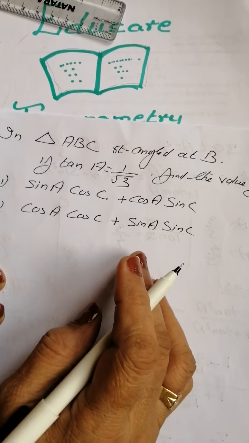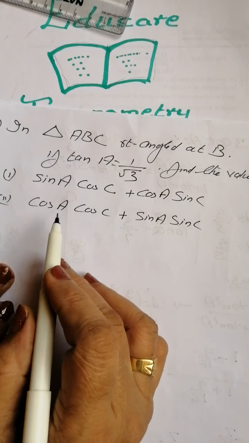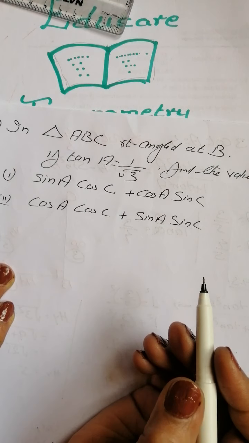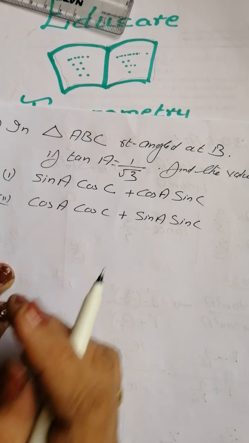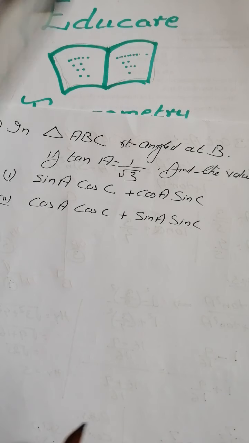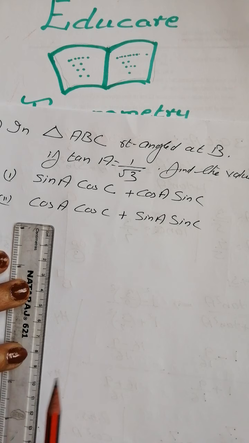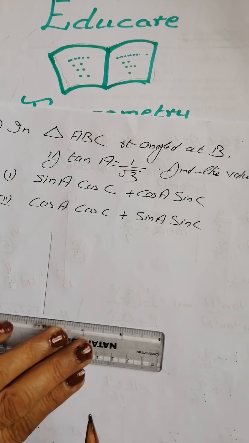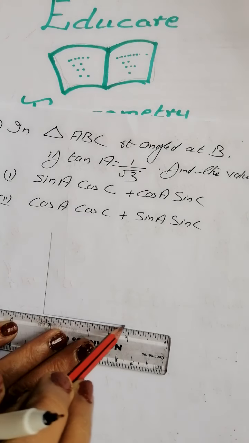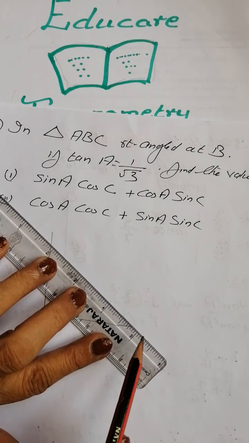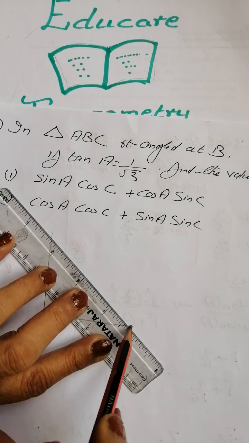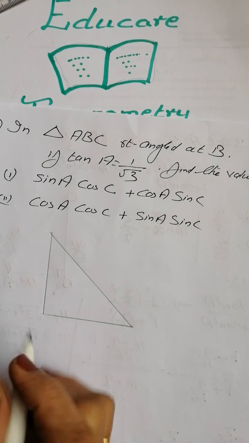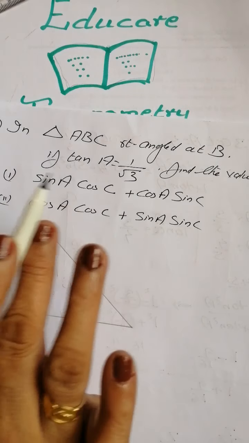You want sin A, cos A. We want sin C, cos C. Is it not? So we will have to make a triangle. I am following only one method, so it will be very clear to you and it won't have any doubt at all. That's why I am following the same basic rule from first to last. Got it? Now, read the question 2-3 times.